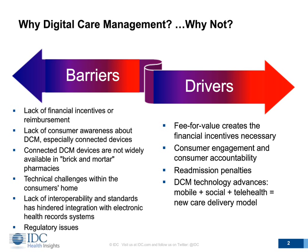We're still dealing with consumers not being aware of digital care management devices that they could be using, whether it's cardiac health monitors or glucometers, things of that sort. They're just not aware that these tools are out there for them, particularly the mobile tools. And we'll talk about the architecture in a moment, but that whole connection between the device and the consumer is